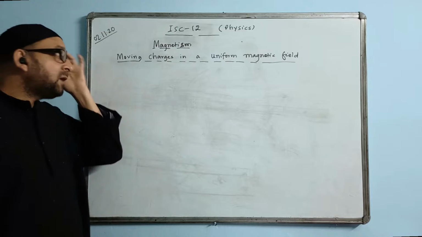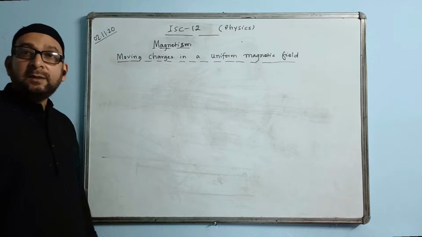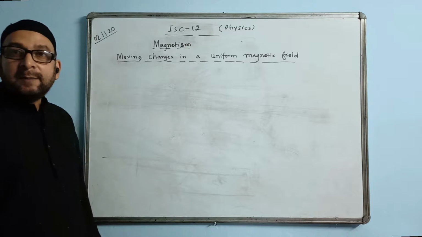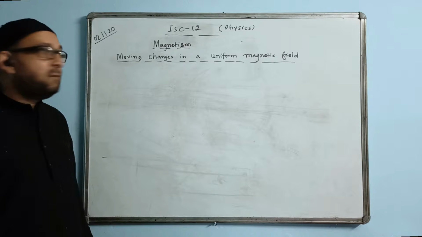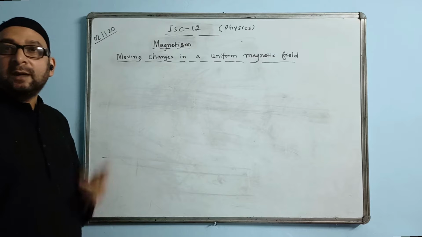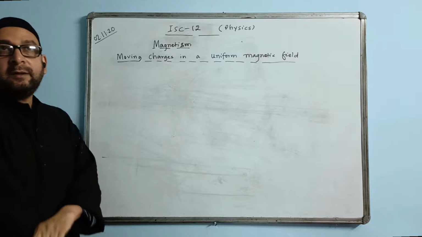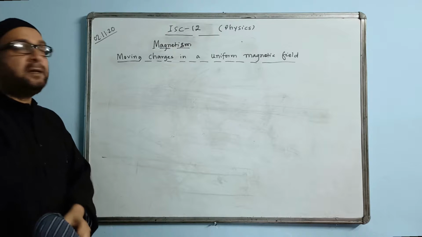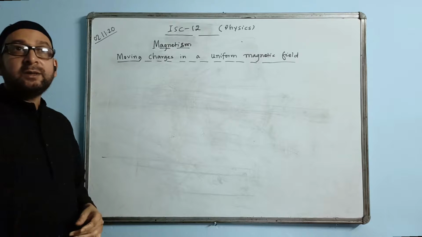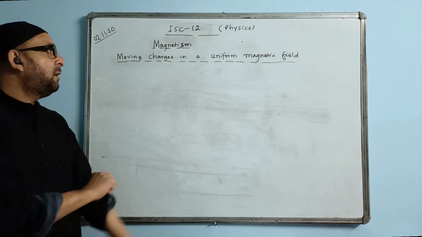But all these rules are applicable only for a moving charge. The particle has to be a charged particle, then only the force will act. If a neutron enters a magnetic field, will there be any force acting on it? The answer is no, because a neutron is uncharged. An uncharged particle cannot have a force on it when it enters a magnetic field at 90 degree or at any angle. So it will not experience any force because the value of q is 0. There is no charge in it. So that part also you have to remember very well.